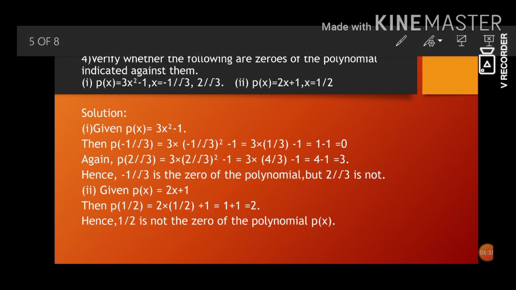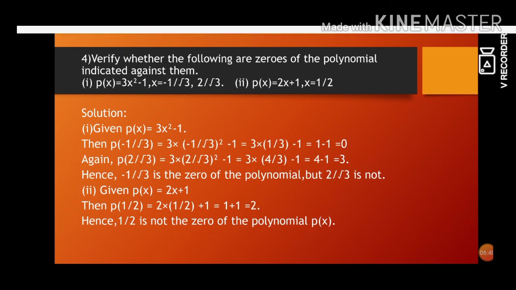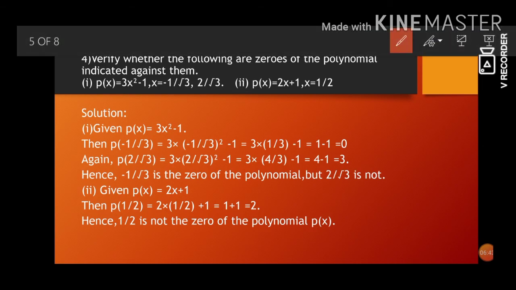Now question number 4. Verify whether the following are zeros of the polynomial indicated against them. So p(x), the first one, is p(x) = 3x² − 1. In place of x we are going to substitute −1/√3. We will get 3 × (−1/√3)² − 1, that is 3 × 1/3 − 1. 3 and 3 cancel each other off, so we get 1 − 1,